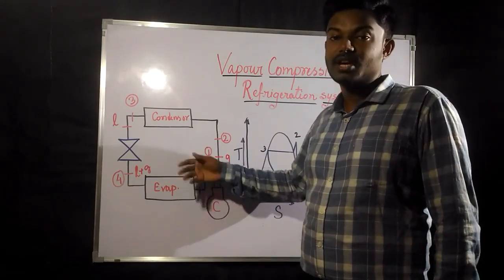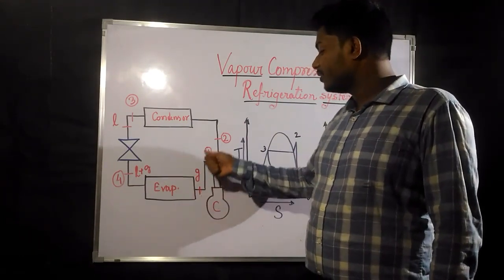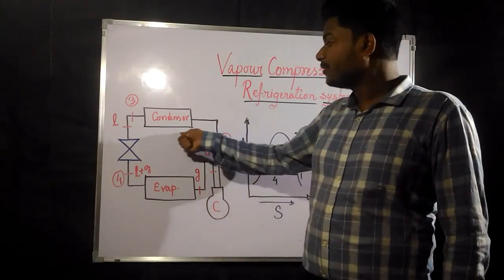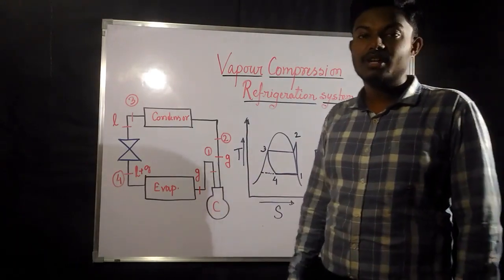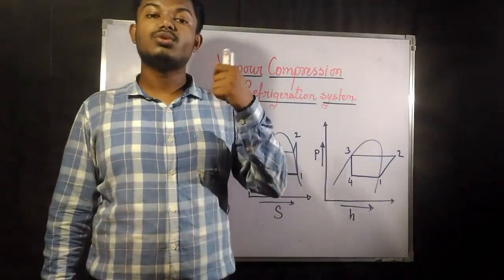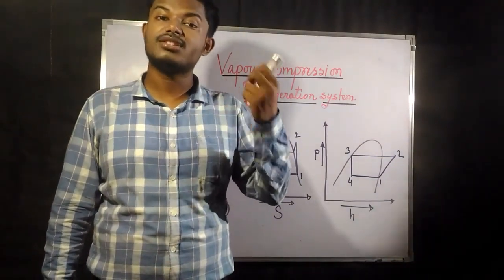This evaporator is going to turn it into vapor. After the vapor has been formed, it is compressed through a compressor. After that it is passed through a condenser. What is a condenser? A condenser is again a phase changing device, which is going to change the phase of a system from gaseous to liquid.